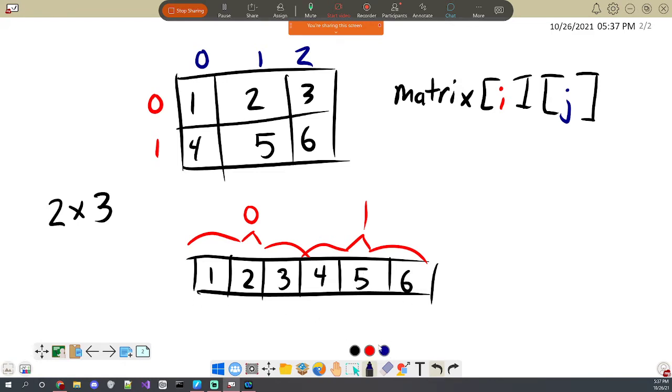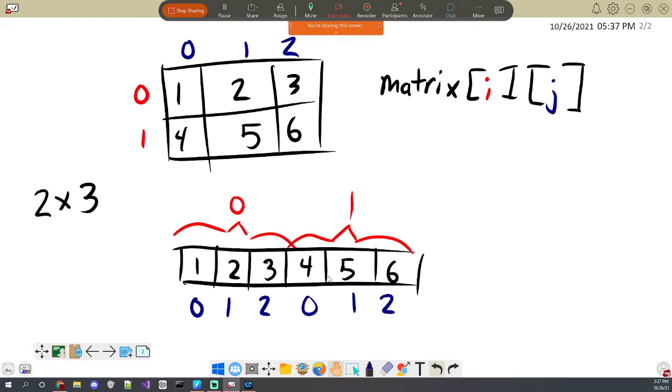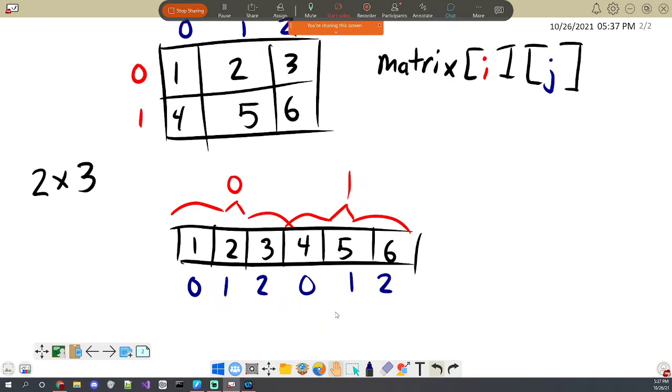And then we can see in terms of their column numbers, this would be 0, 1, and 2, and that's numbered within the row, which is just a segment of 3 in this case, and then these would be 0, 1, and 2 as well. And so that's how it's actually stored.